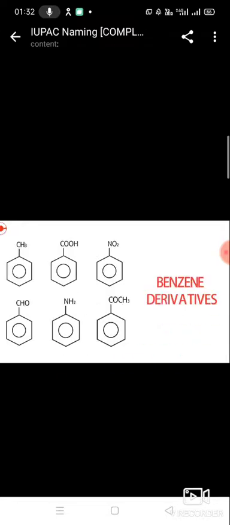Next, aromatic compounds. Aliphatic means without a double bond; aromatic means there are double bonds. Which is the lowest one? Benzene is the lowest one. CH, CH, CH. So double bonds are present. If you remove the double bonds, it looks like a ring. Here there are 6 carbon atoms with 3 double bonds, the remaining all single bonds. The 3 double bonds are only shown as lines in this cyclic compound. So cyclohexa-1,3,5-triene. Commonly it is known as benzene.